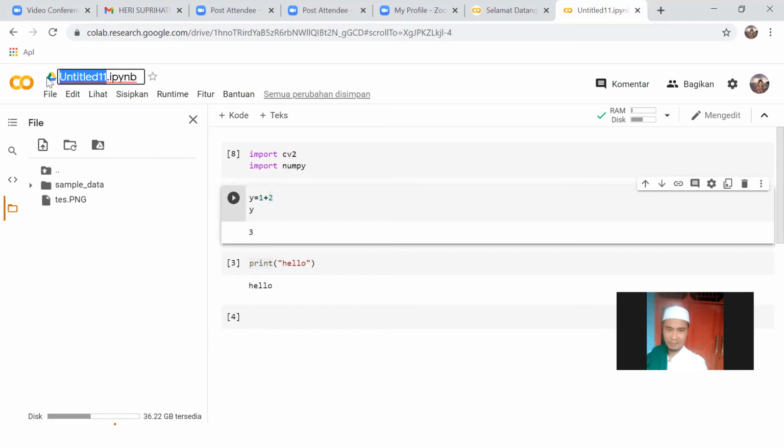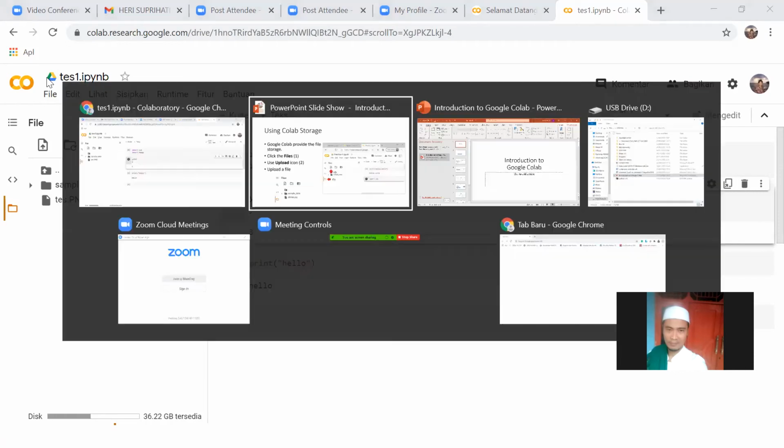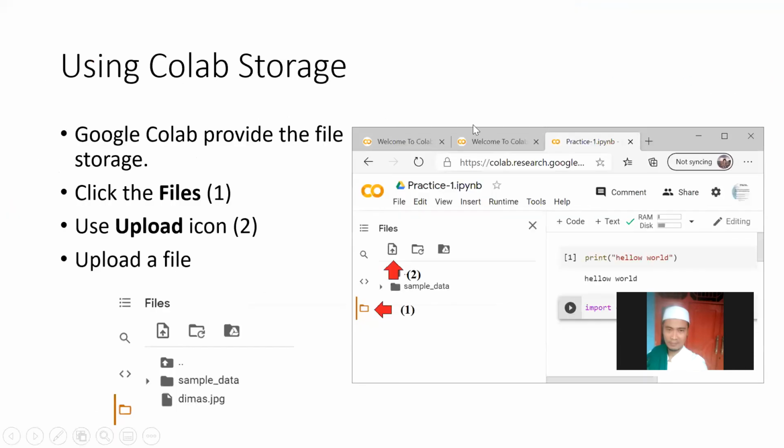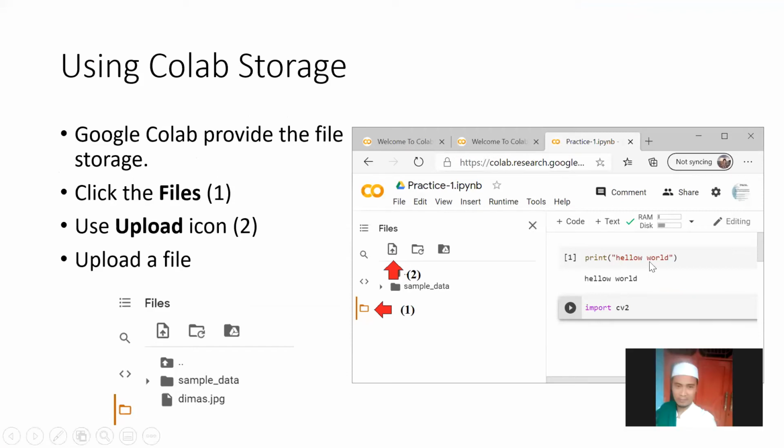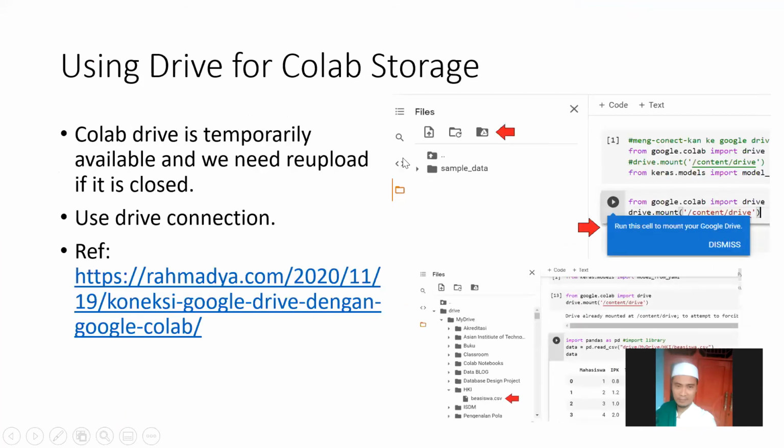Okay, I try to change this. This is the step to... okay, there is no problem.